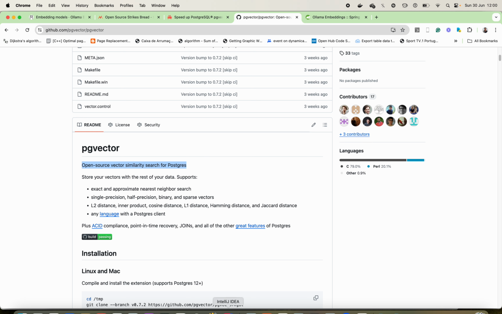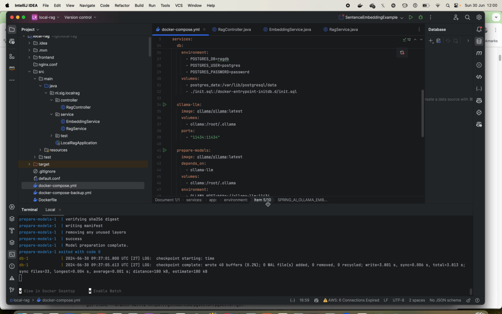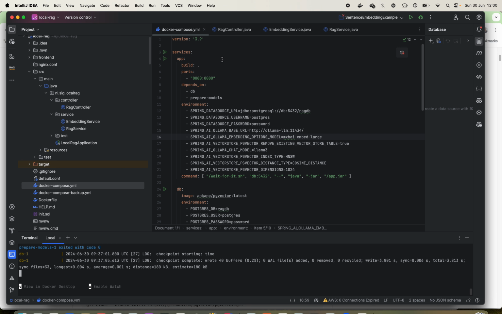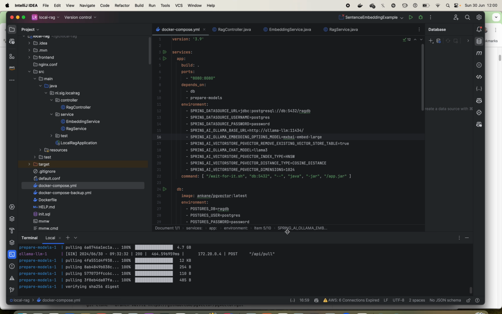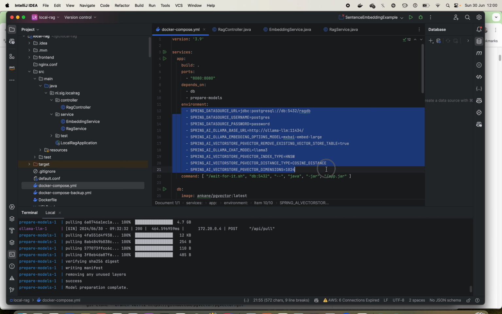So let's move on to the code then. So here is the code at a very high level. Of course, first we'll look at the Docker Compose file. So all of this starts in a completely self-contained way with one single command. So Docker Compose up, it all just goes from there. And yeah, the most important thing is all these environment variables that we needed to configure for making sure that we can have a local Postgres database with the PGVector extension installed